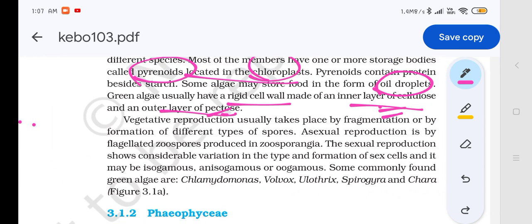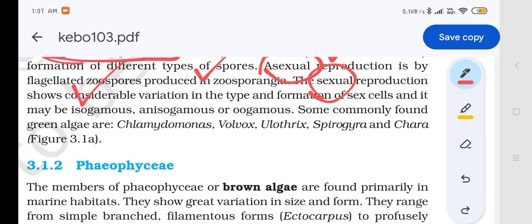Vegetative reproduction usually takes place by fragmentation or by formation of different types of spores. Asexual reproduction is by flagellated zoospores produced in zoosporangia. Sexual reproduction shows considerable variation in the type and formation of sex cells, and it may be isogamous, anisogamous, or oogamous. Examples are,